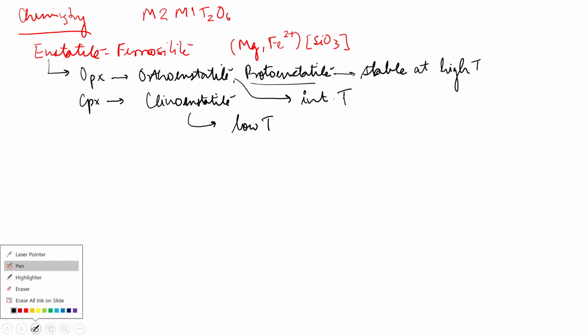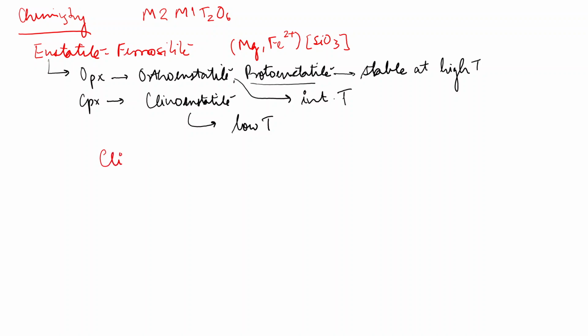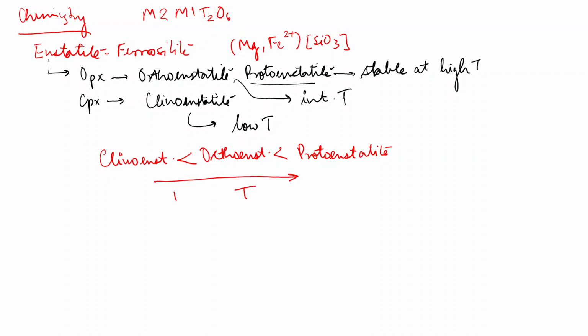So if a question is asked, arrange the stability of the following pyroxenes according to temperature, then clinoenstatite is stable at low temperatures, then orthoenstatite, and it is stable at a lower temperature than protoenstatite. This is increasing